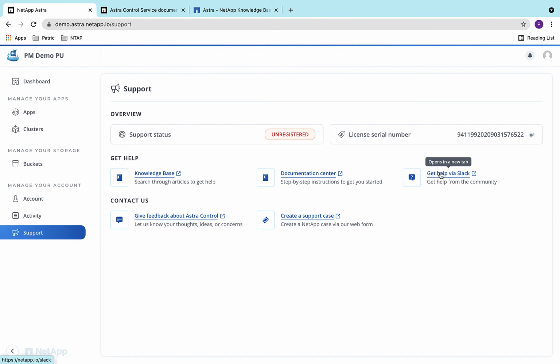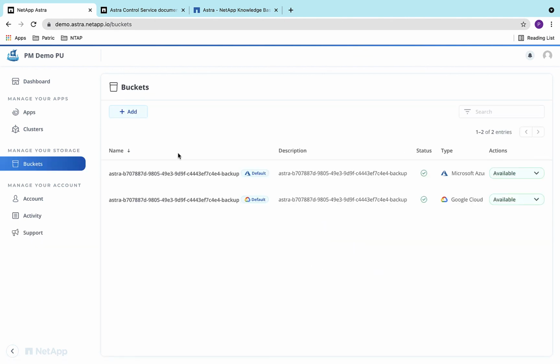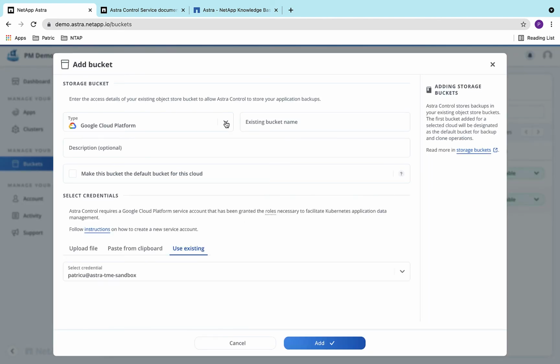You can get help from the community via the Slack channel, send us an email with feedback, and open support cases from here. In the buckets view, we can see the details of the object buckets used to store the backups. For each cloud provider, a bucket is automatically created by Astra Control Service. But we can also add further existing buckets and change the default bucket if we want.